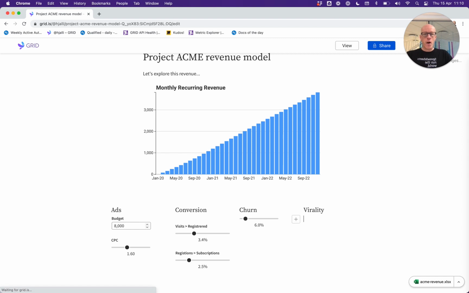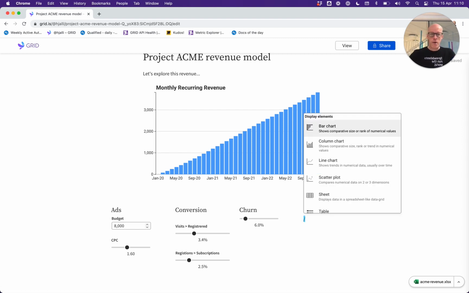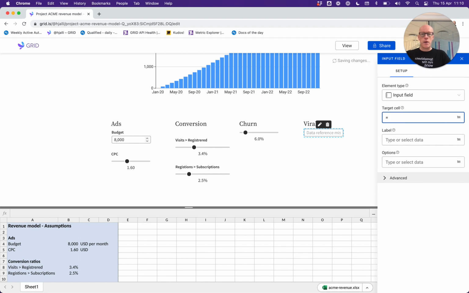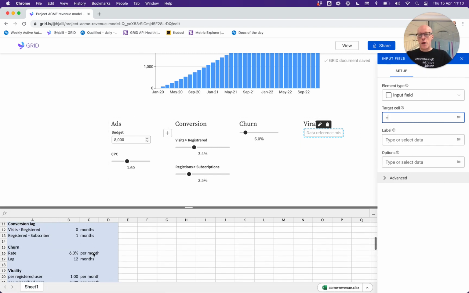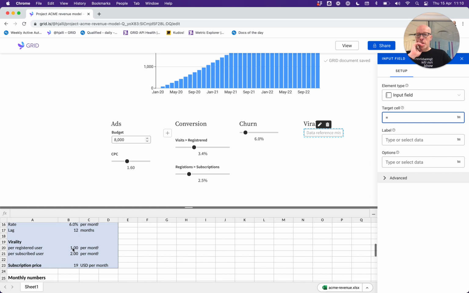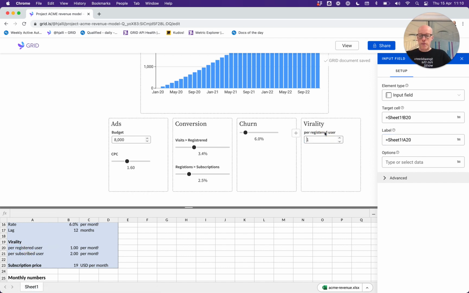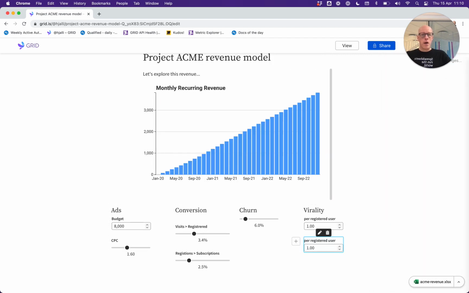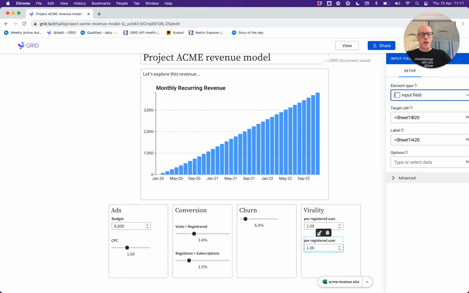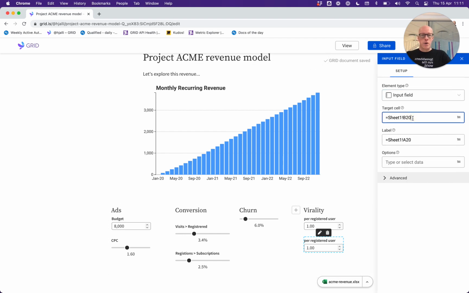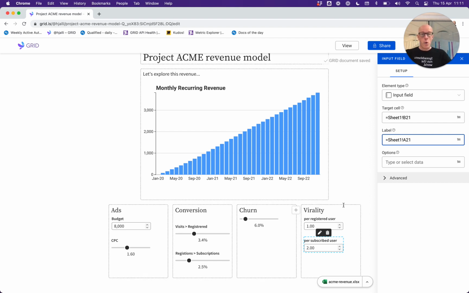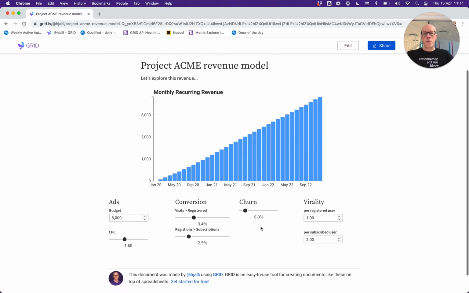virality, and let's use input boxes there, slash input field. I'm going to point to the input field here. The input field is going to be tied to cell B20 in this case, and the label is going to come from A20. And then, as before, the easiest way to do this is probably just copying and pasting the previous one, and then editing that. And because it just comes from the line below, we can simply change these, and there we have that UI built out. So now we have a full UI with most of the assumptions in the